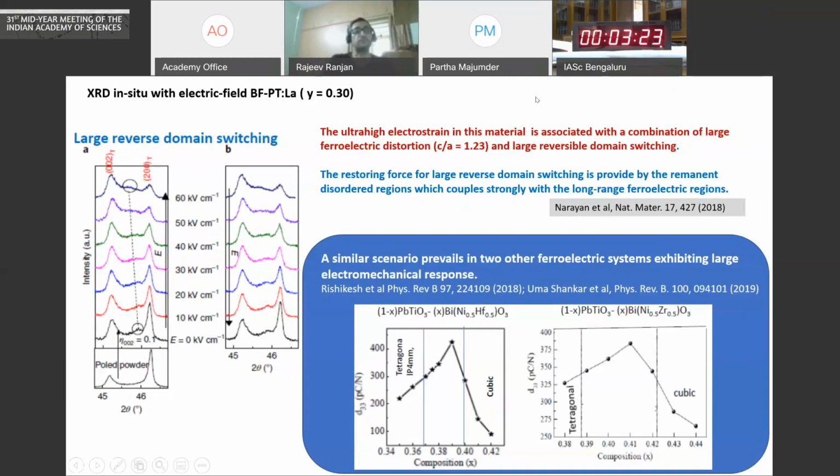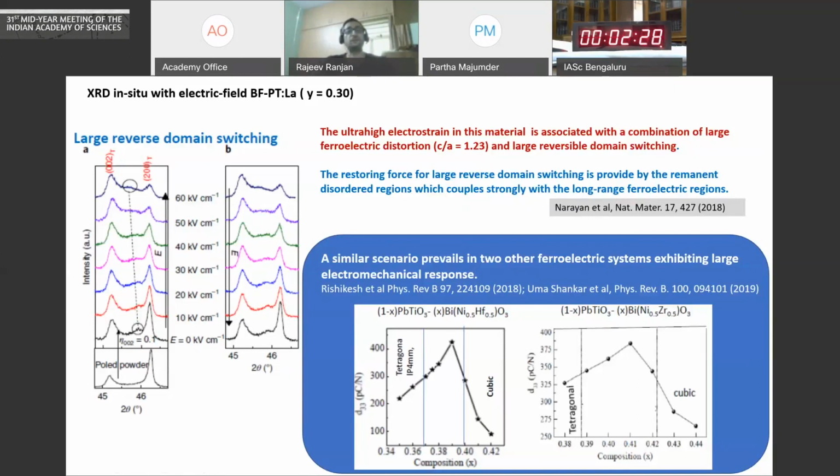And once you reverse the field, for example, come back from here to here, it almost gets back to the same situation. So it means that there is a strong coupling between these small short coherence ferroelectric tetragonal regions and the long coherence ferroelectric tetragonal regions. And their strong coupling enables this elastic recovery of the domain switching back to their original configuration. So this scenario is like a rubber where you have a restoring force. When you stretch a rubber, some alignment of the molecules happens, but when you release, the rubber comes back to the initial position because there is some restoring force which pulls the molecules together and again realigns them in the original configuration. A similar thing happens because of this small amount of cubic fraction, which is basically a small region. This explains this